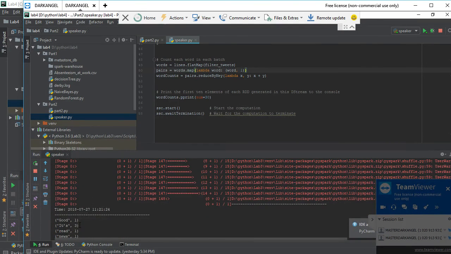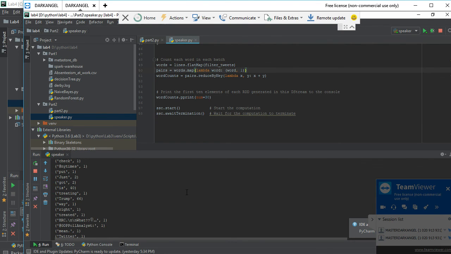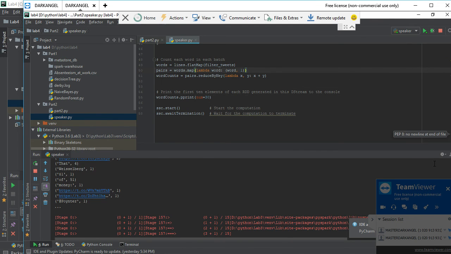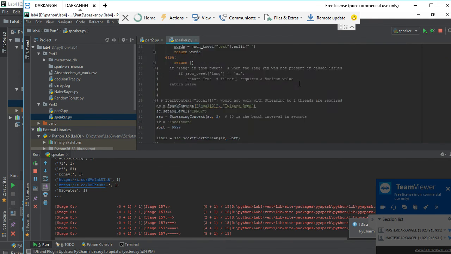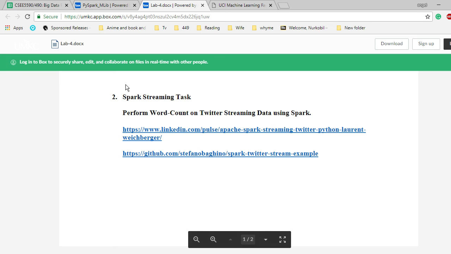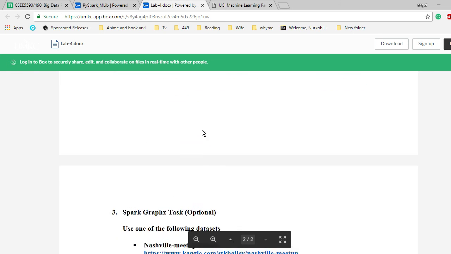You see, it's news. Read news. There's this thread, Trump right-wing thread. You see all these things. It's just a bunch of tweets, just counting the words. Okay, so this was part two of the lab, and part 3 we didn't do because it was